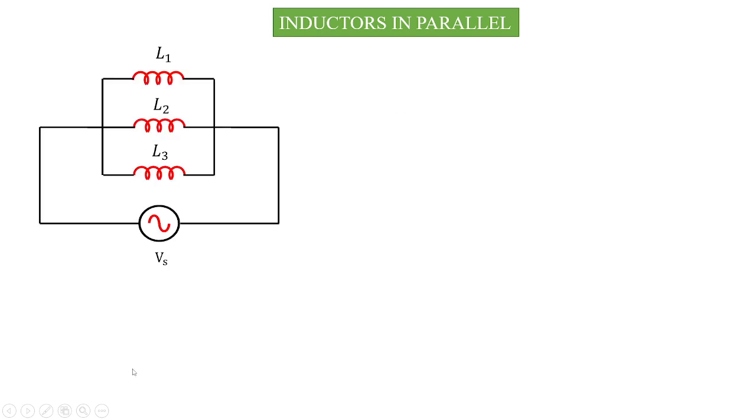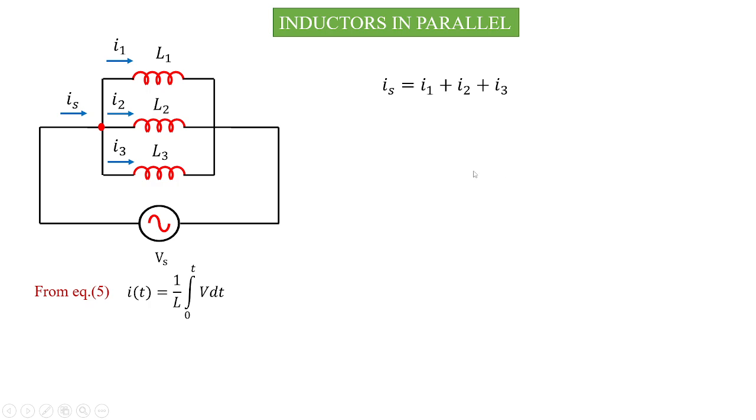When the inductors are in parallel, this is how the arrangement would be. Here we are taking three inductors connected in parallel and given a parallel source, IS. At this particular node, when you apply KCL, we get IS, the input source current, equal to I1 plus I2 plus I3. Just remember the formula for current obtained from equation 5, I of t equals 1 by L integration 0 to t v dt, indicating that the voltage in parallel remains the same. So we'll make use of this KCL equation, Is equals I1 plus I2 plus